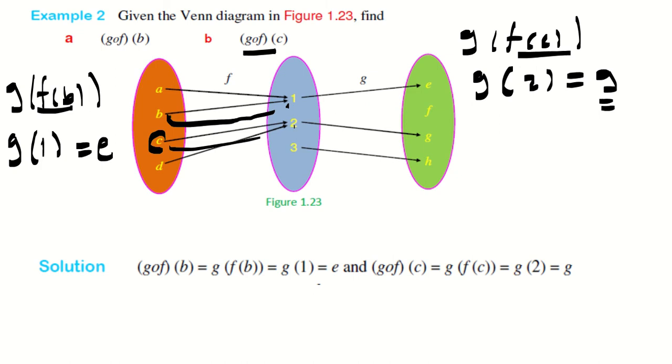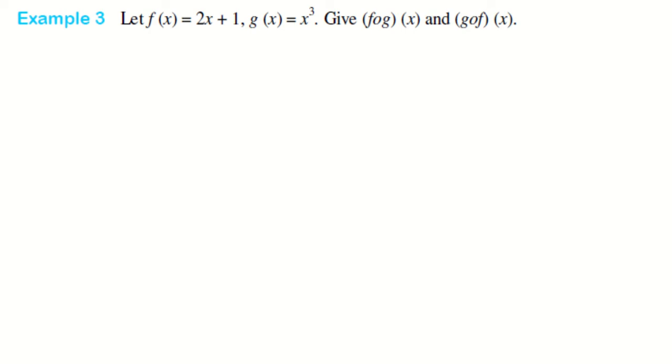These are the Venn diagram way. What about the functional form? Here, as you see, two functions are given. F of x is equal to x plus 1. And g of x is equal to x cubed. These two functions are given. And then what is asked? F∘g of x, that means f of g of x, and then g∘f of x. Let's do one by one. First one, a,